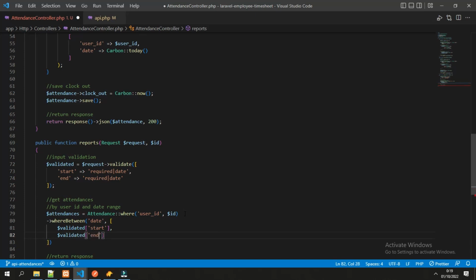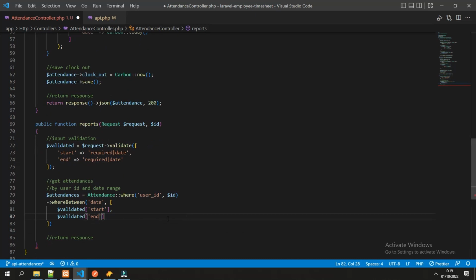And after it is filtered by two where clauses, we can sort the results, for example using order by. In here we are using the date as the column with the method of ascending.